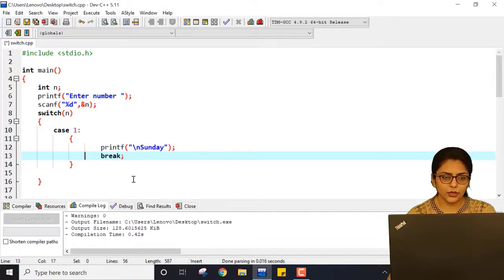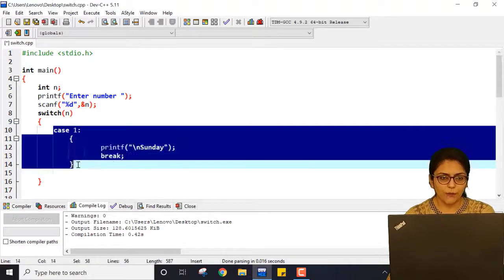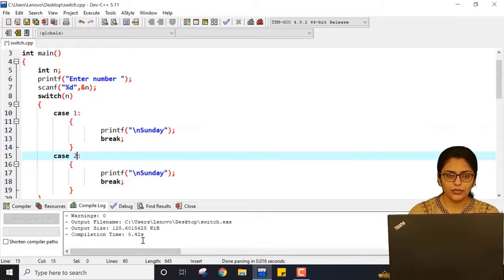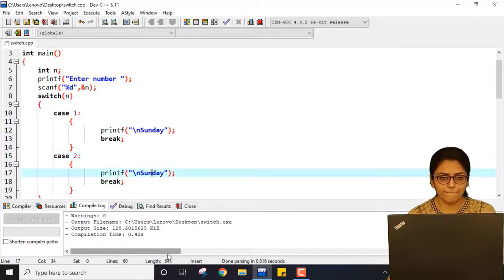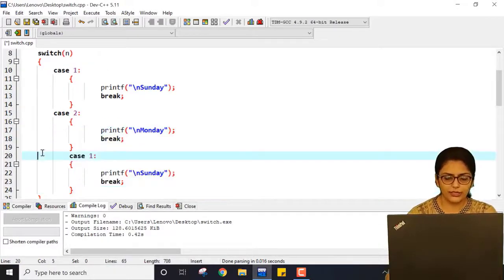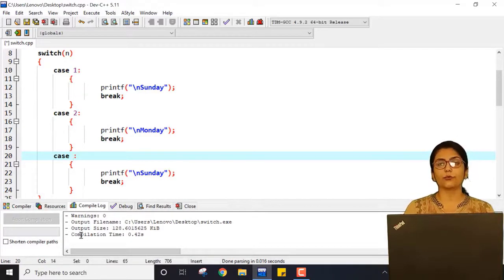Then just copy this because it will be the same for other cases. I'm just copying and pasting the code because it has a similar pattern. Here it will be Monday and break. See, in C programming, indentation is not that important, but it is a good habit to write a program with good indentation so that you can see the flow.